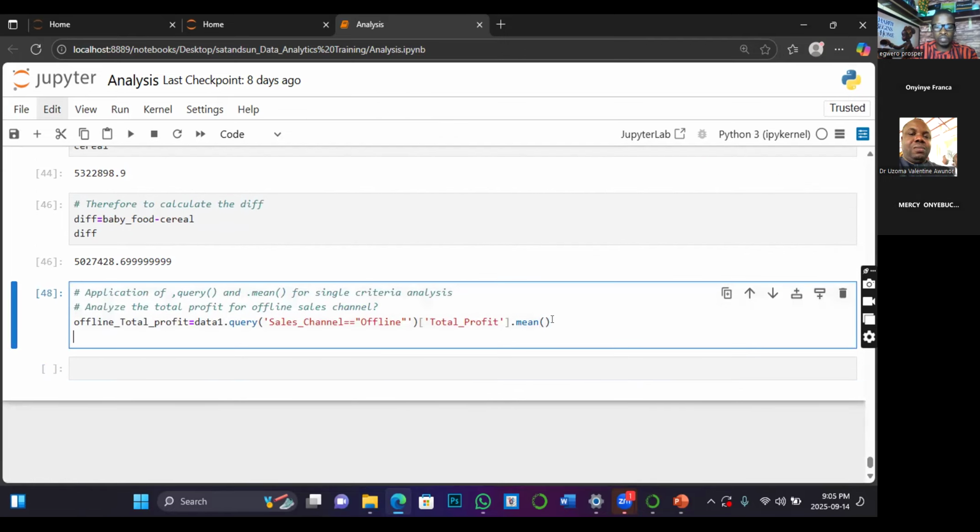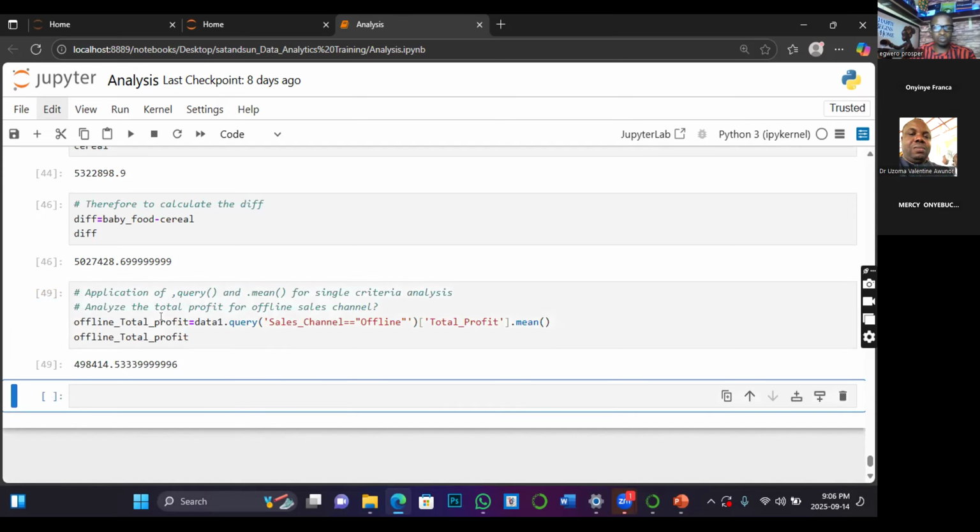To call the object, I'll just type the first 2 letters, hit the tab button, and it brings out the entire name, and then Shift and Enter to get my result. So this is the average of total profits generated